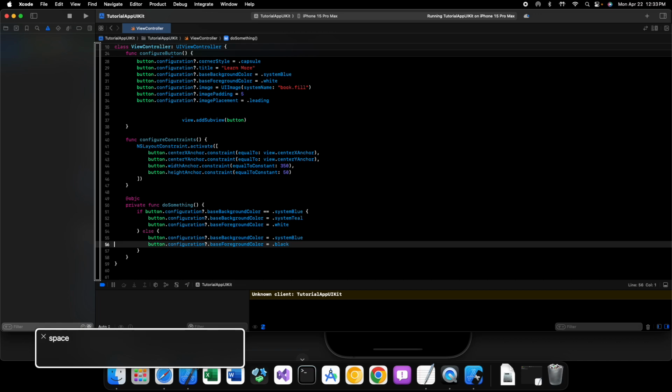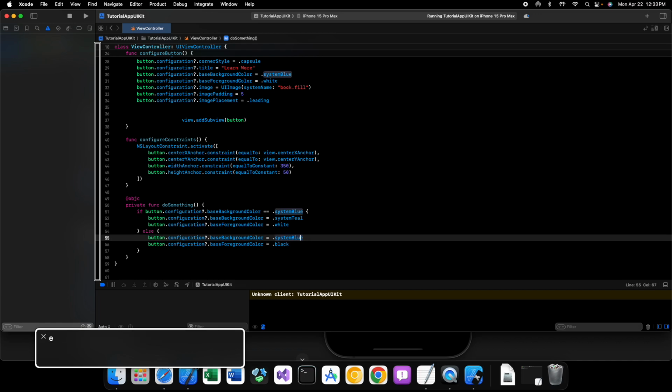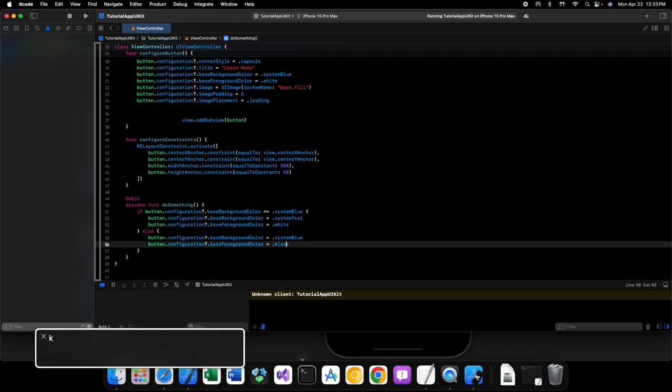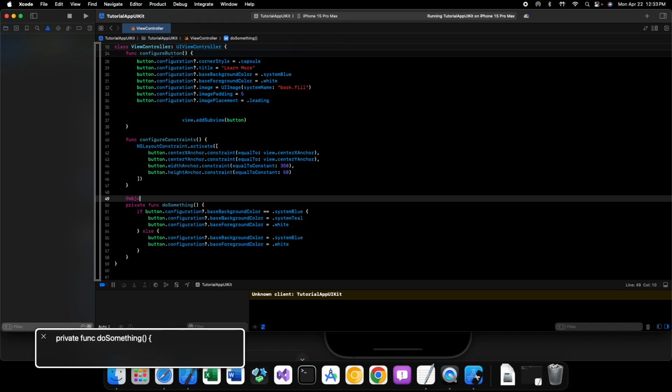We need to change the label to white here. There we go. Now it'll look better. But what we're going to take a look at here is how we can go about applying shadows. So if we go back up to our configure button method,